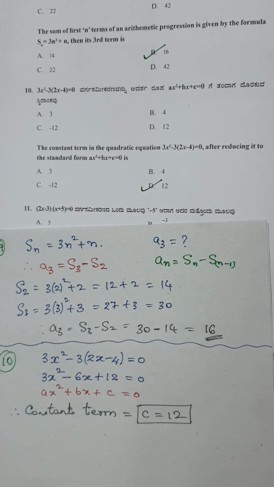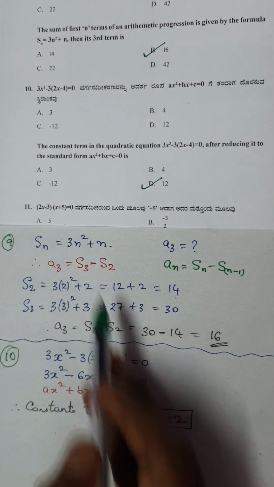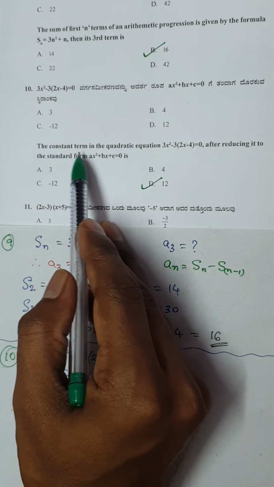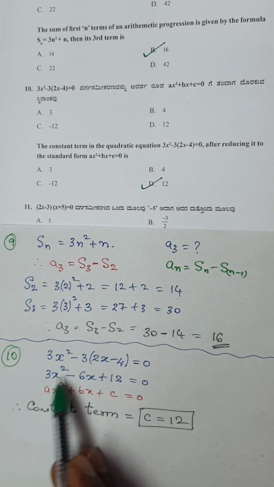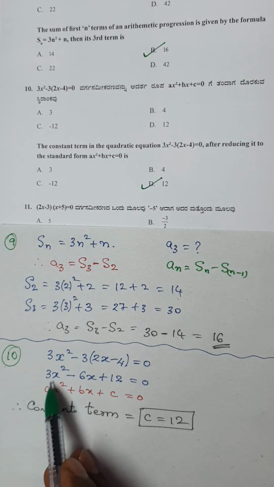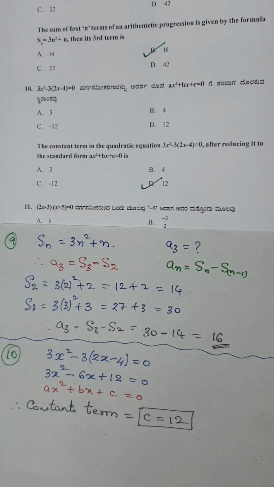So we have completed question number 10. It's a very simple question, isn't it? You can definitely get the right answer if they ask a similar question in the examination. In the examination, he may ask you the other way. For example, he may say find the coefficient of x square. If they ask you the coefficient of x square in this equation, then it is 3. Compare it to the general form. So you can definitely attempt such questions if they are asked in the examination.